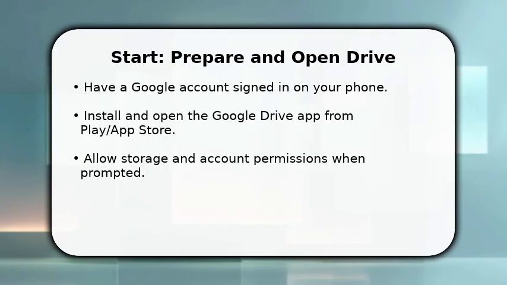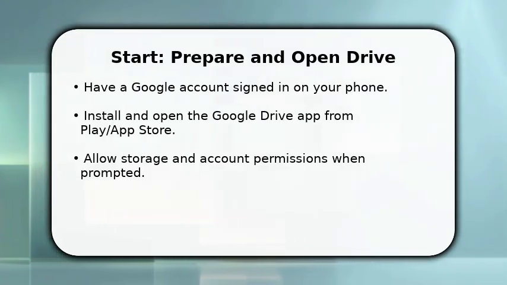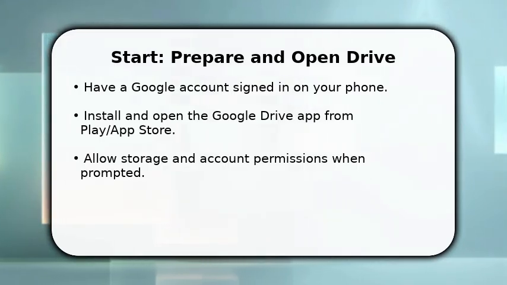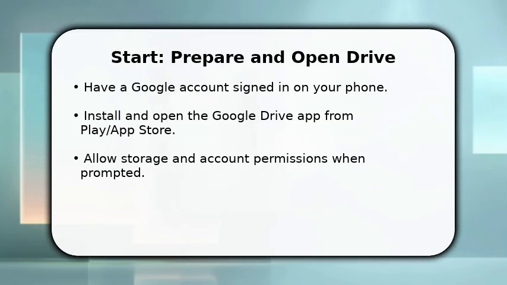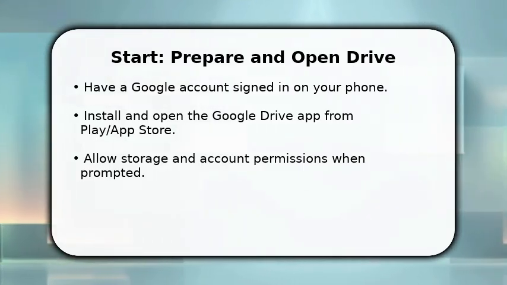You begin by ensuring your Google account is ready and the Google Drive app is installed. Open the app now. Once done, sign in with the account you plan to use. Make sure to accept storage and account permissions so Drive can read and save files. If you use two-step verification, have your phone or backup code ready. These steps get you immediately into the only supported mobile experience, using the Drive app, so you can access, upload,